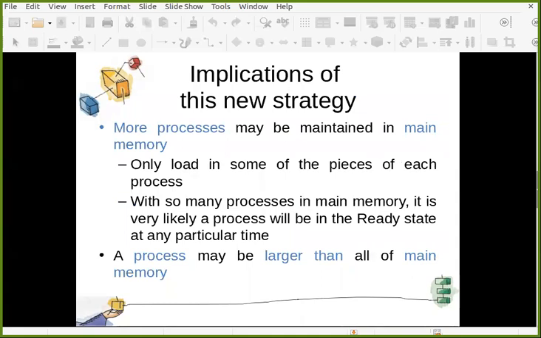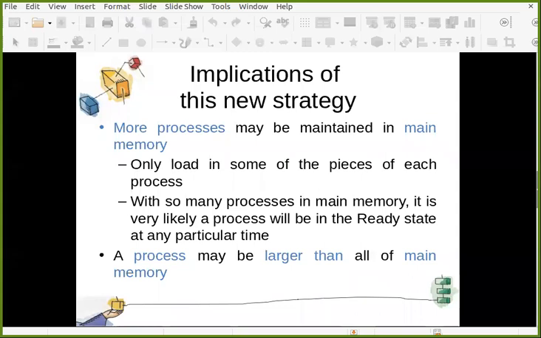Now, there are a few points that we need to understand if this kind of strategy is adopted. There is one advantage when you keep only a portion of your process in the main memory and the remaining part in the virtual memory, in the secondary memory. More processes may be maintained in main memory, because as you are not putting the whole process in the main memory, you have more space for more processes.